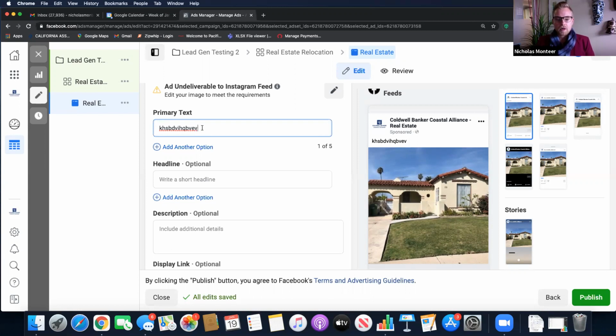I think this is what Mary Worledge was kind of alluding to before. She said there can only be so much text in your photo. So be careful if you're advertising a property that says sold across it. If the sold takes up more than a certain percentage, and I can't remember if it's more than 25 or 30% of the image, then they won't advertise it because they don't want images with words all over it. I have heard of agents getting really frustrated because they're like, why won't it go through? And we read up and figured out that it was because there was too much text on the image.